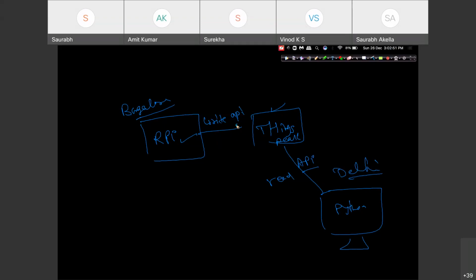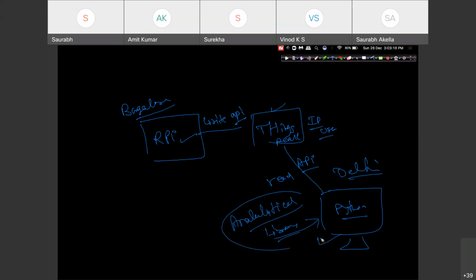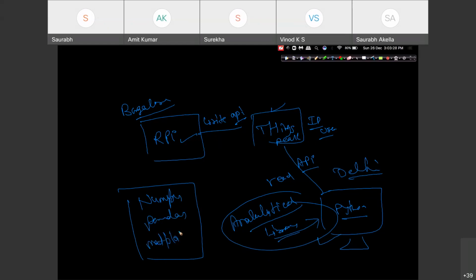If the API ID is the same, API ID meaning user ID, you can say, then you'll be able to receive the same data on the other laptop here. So using Python and an analytical library, you'll be able to visualize the data also. For this purpose, you can use any library, like NumPy, pandas, or matplotlib.